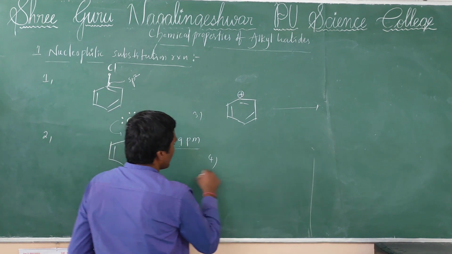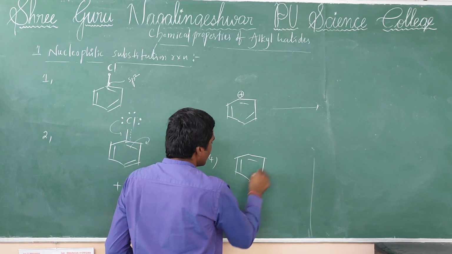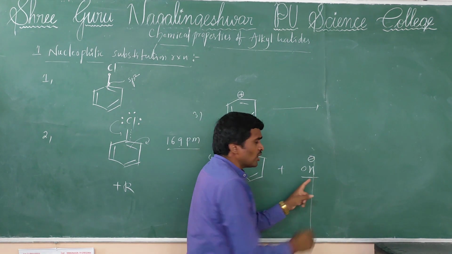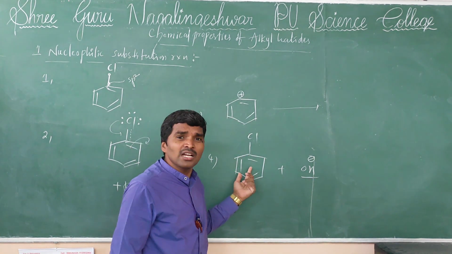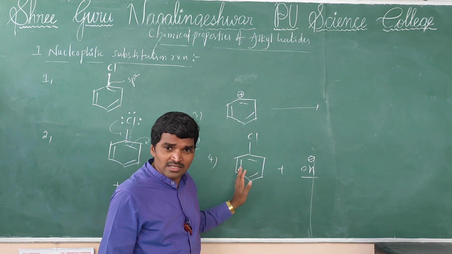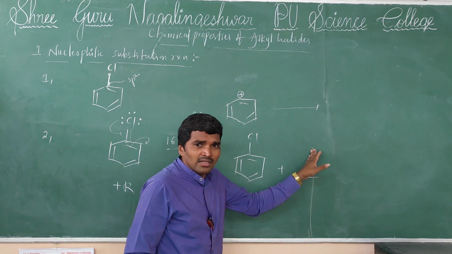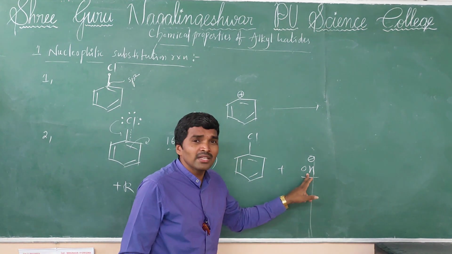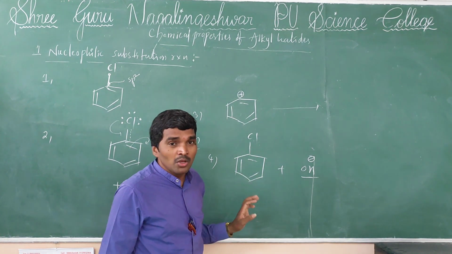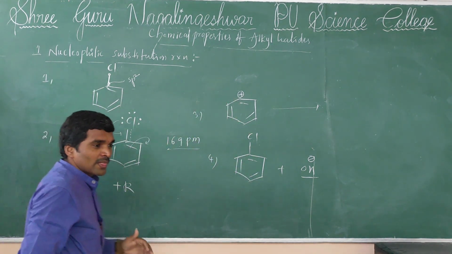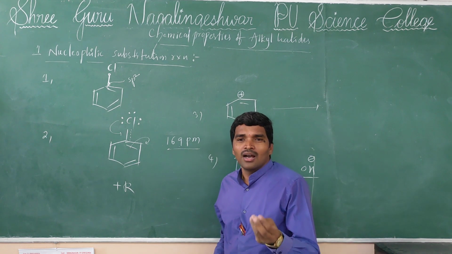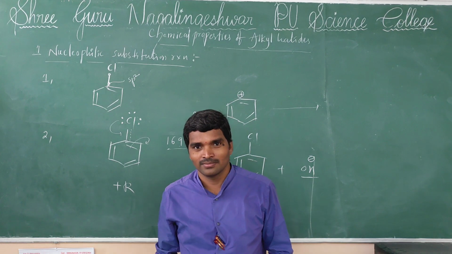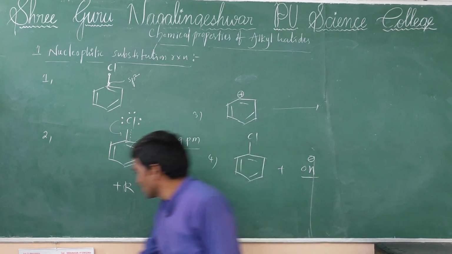And the last thing is that, you see, actually the nucleophile is electron rich. Benzene also is electron rich. Rich arene this is. So the nucleophile is repelled by the electron rich arene. So that's why the nucleophile cannot approach the chlorobenzene. So by these 4 reasons we can explain why aryl halides do not undergo nucleophilic substitution reaction. Understood now? One question I will write here.